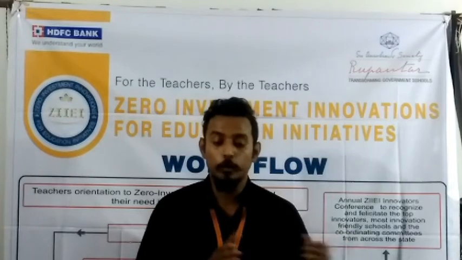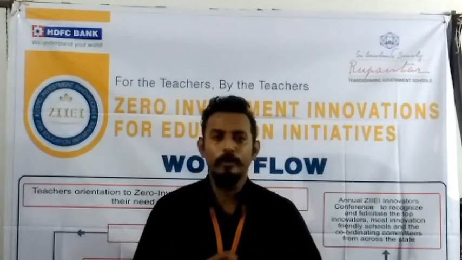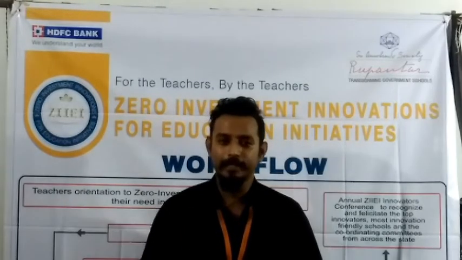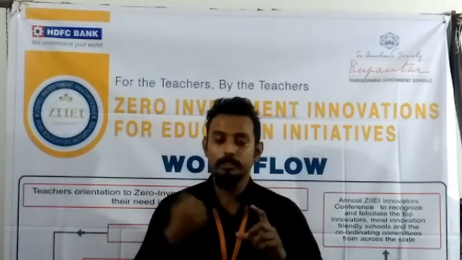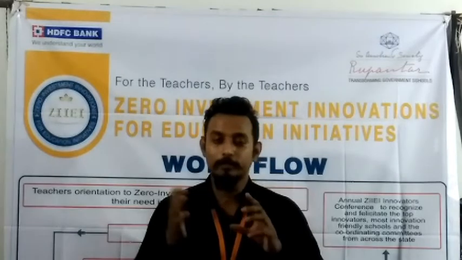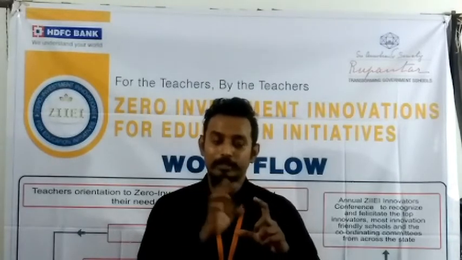Once they do the process, then we ask them a few questions: how many squares did you need for covering the length? How many squares did you need for covering the width? And how will you find the area? We teach them that for finding the area, you can do one thing. Since the measurement of 1 square is 1 centimeter, you can count the total number of squares and multiply with 1, and then you will get the area.